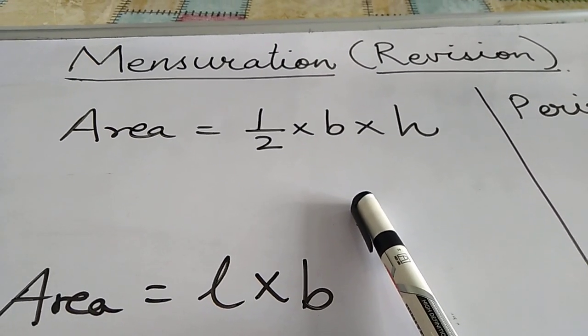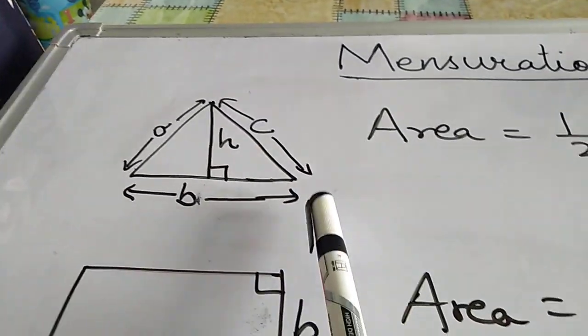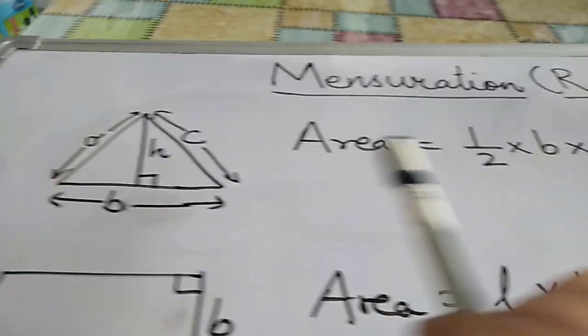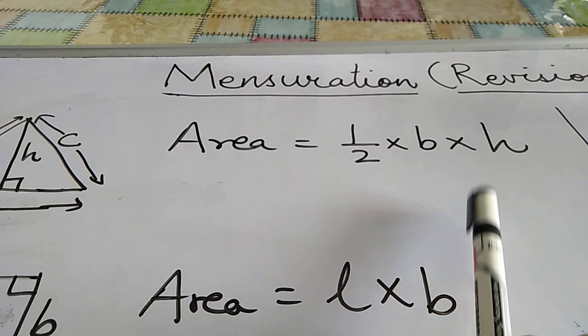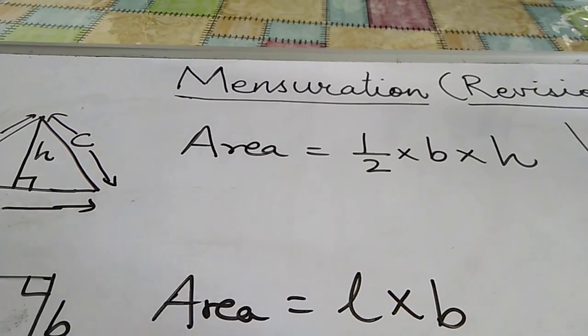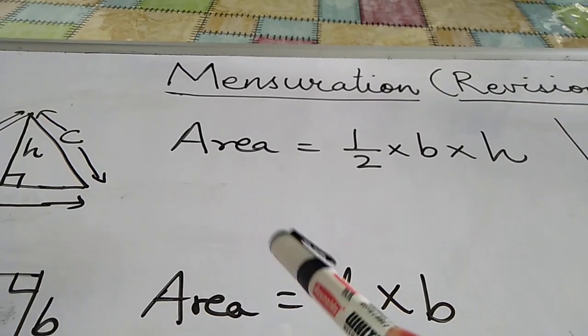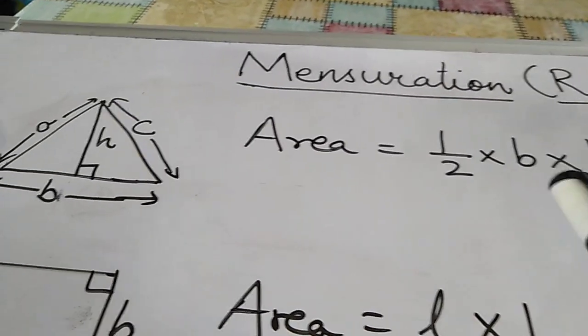Okay, so see children, first of all, it is given in your book the area of a triangle. Yes, this is a triangle. You all have studied triangles. A triangle has a base, it has a height, and area is half into base into height. You must be wondering why the area of a triangle is half into base into height. The teacher is saying it, but you need to ask why. Don't accept anything like this.